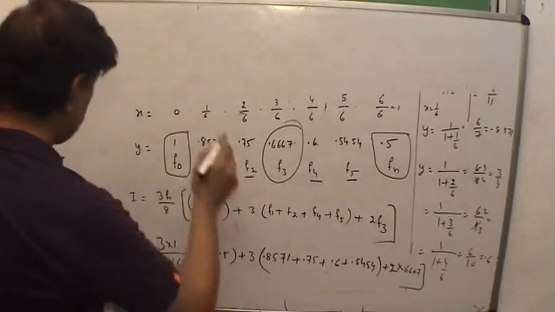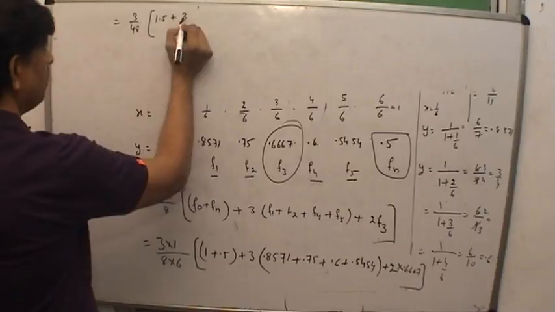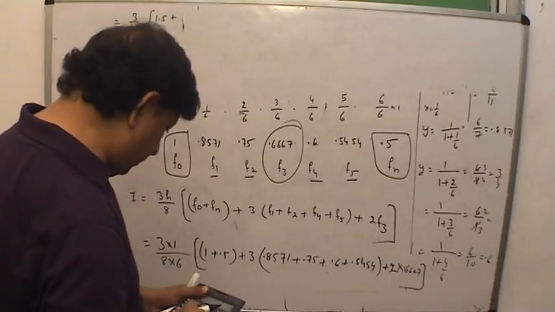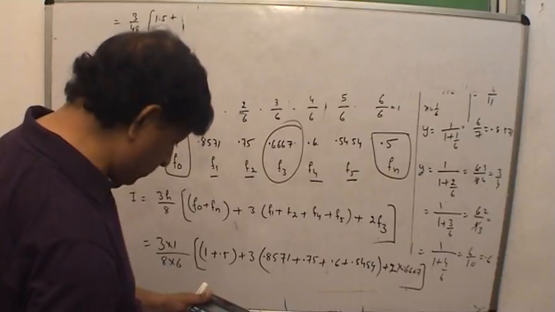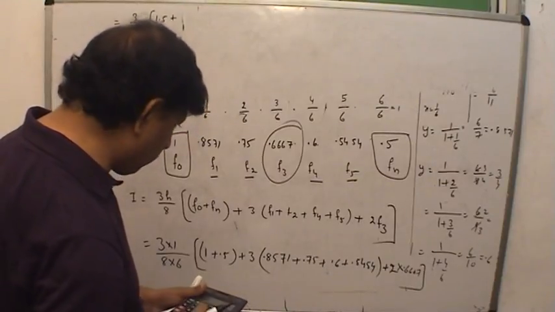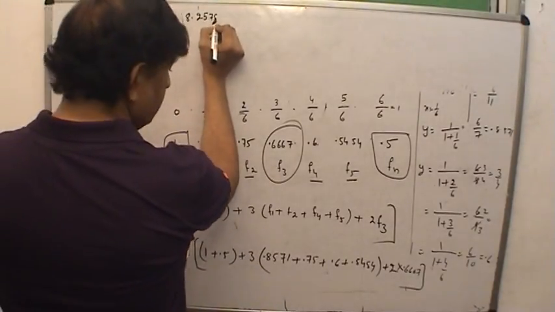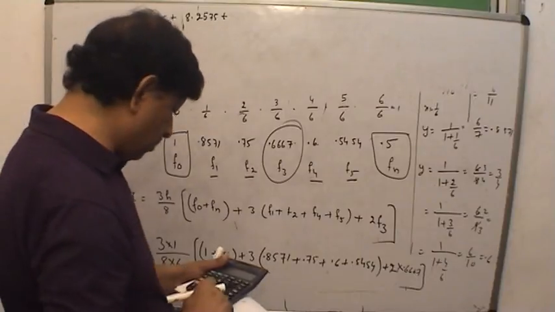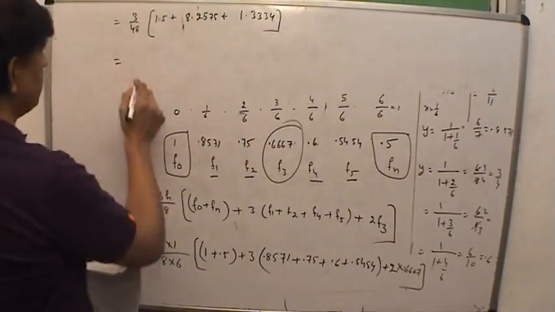That is equal to 3 by 48 into 1.5 plus it is 0.8571 plus 0.75 plus 0.6 plus 0.5454 into 3, that's equal to 8.2575 plus 0.6667 into 2, that's equal to 1.3334, and the final result is